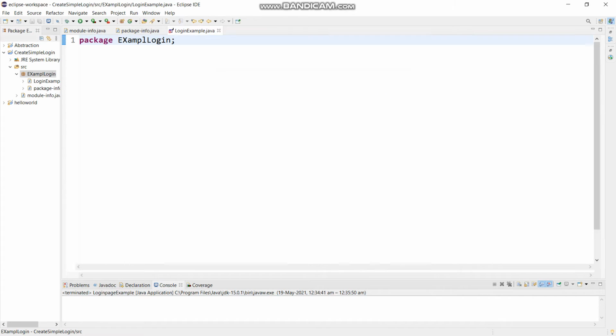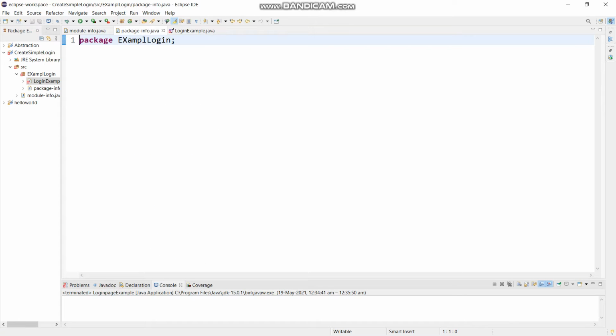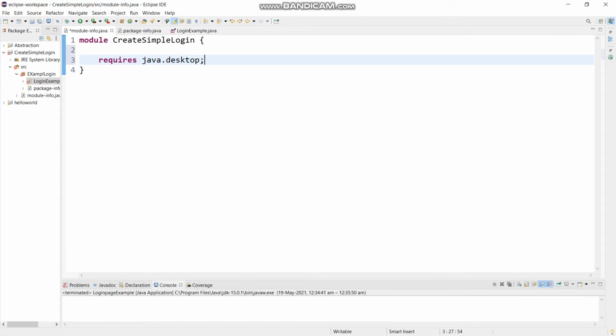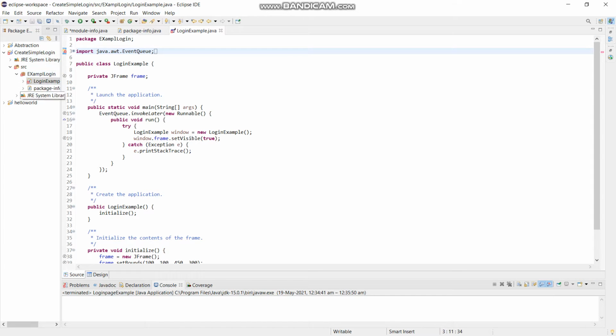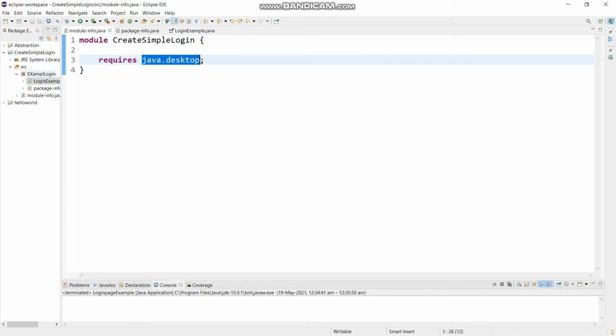Then after that you can see there are errors. Do not be afraid of it. It is only saying that package java.awt is not accessible. So what you have to do is go to the module-info.java file. Just paste this, requires java.desktop, there. Remember to paste it, because some of you will be getting this error. Anybody who gets this error, just paste this statement there, and press Ctrl+S to save, and then you will see that all errors are gone. So this is it, guys.